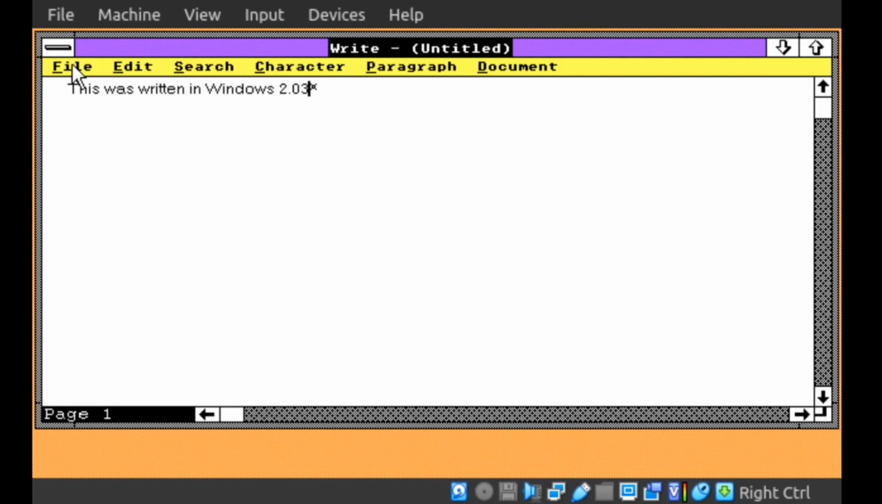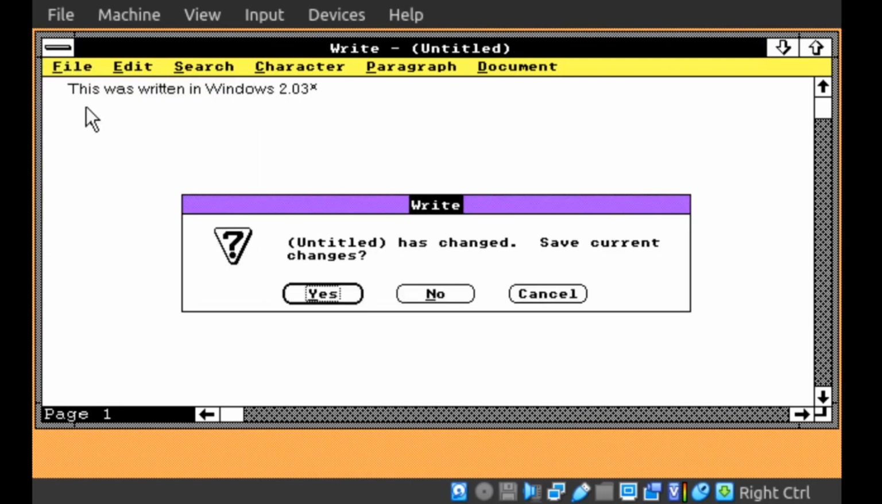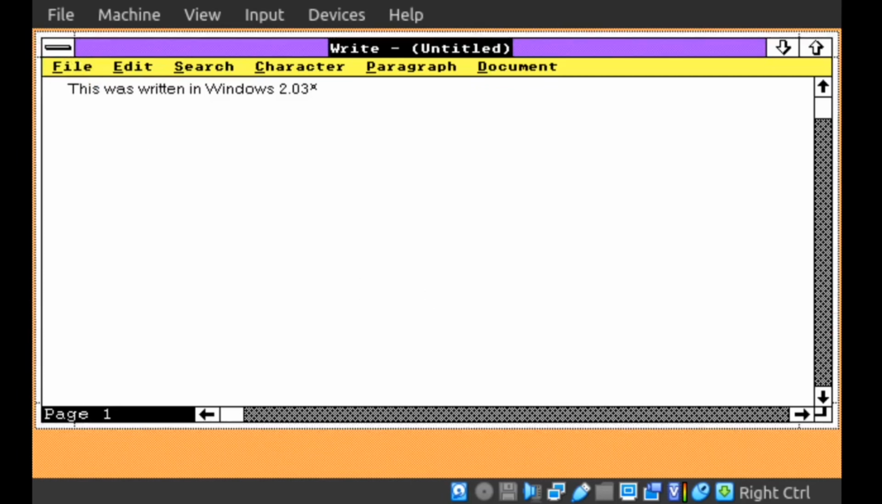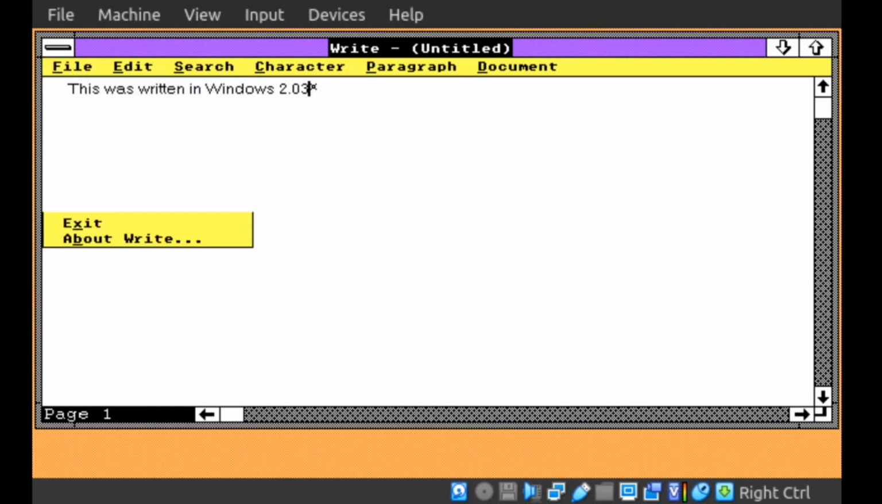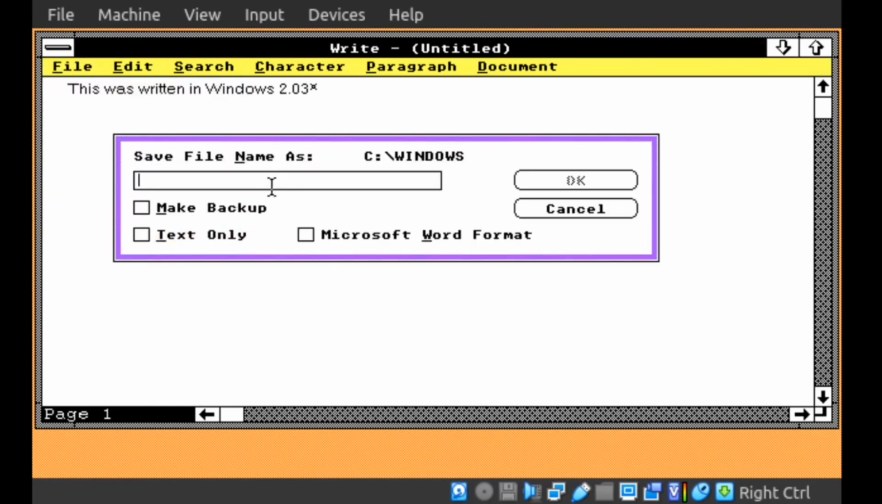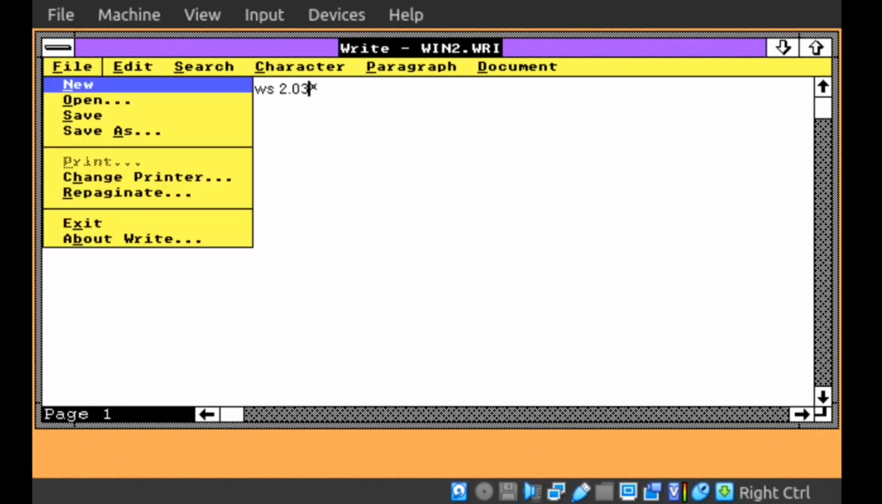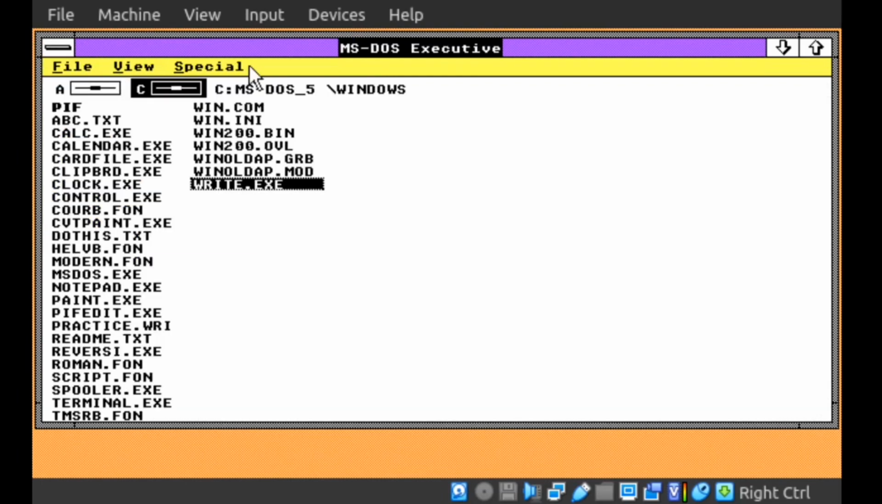I believe this is 2.03, and then it's not open. I said not open, I don't want to open anything. Not that, just hit Alt F, S, save as C, Windows, Win. Oh, I think it's mono case, so you can only use lowercase. So let's do Win2.wri, I believe, and then it's okay, and then let's go Alt F and then X, but just to prove